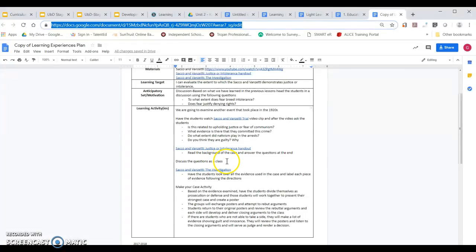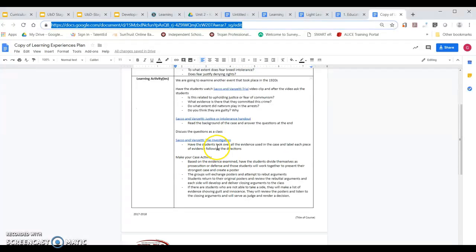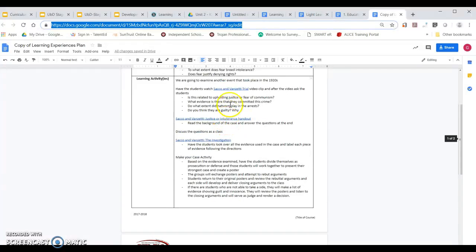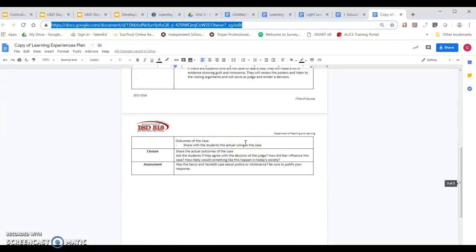are using, and then the discussion that you're going to have with the students, and then just kind of taking you through that whole process. So you can see that this is really detailed and outlined so that someone coming in would be able to teach this lesson based on the information that's in front of them. And then they have their closure, and then you see that this one, with your formative assessment, it has